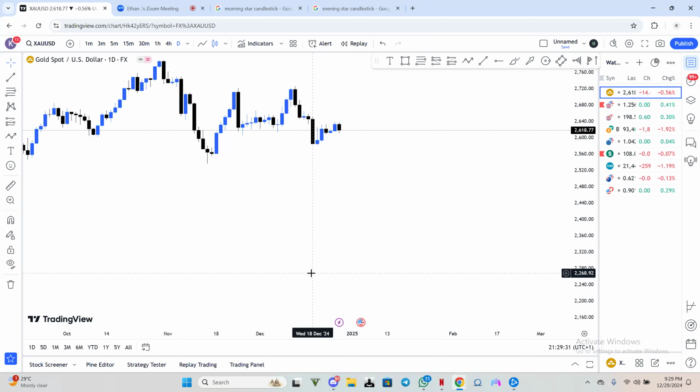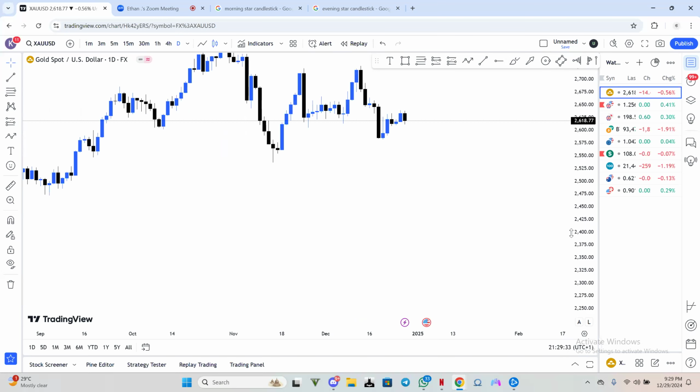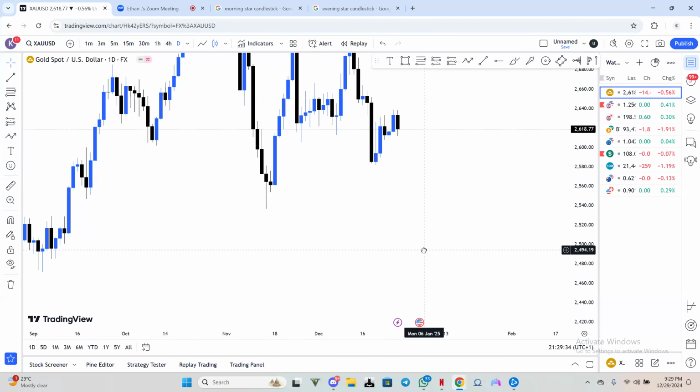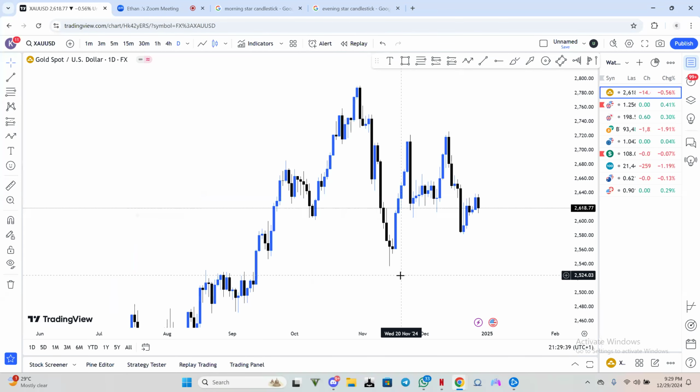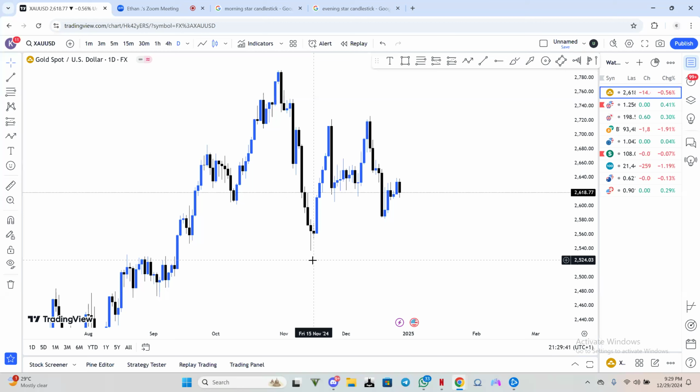People just tend to complicate it. Now, a top-down analysis is what you are going to use to analyze the market. First, we are day traders. We trade for hours or a few minutes. So the first thing you're going to do is go to your daily time frame to see who is more